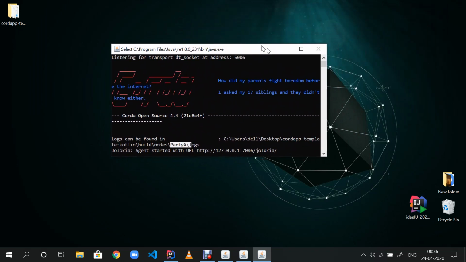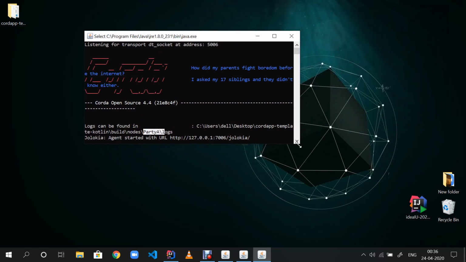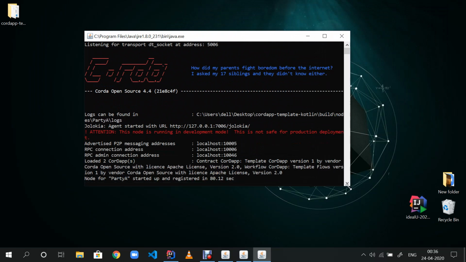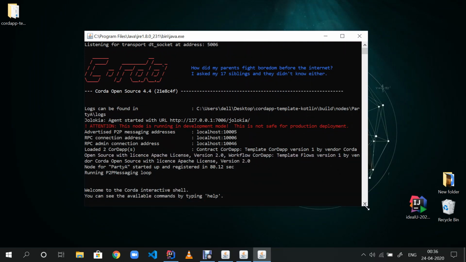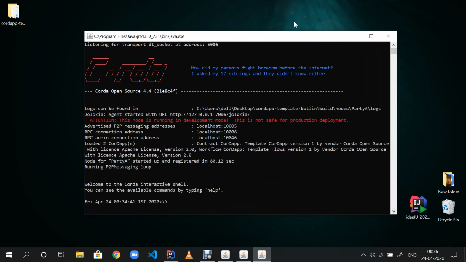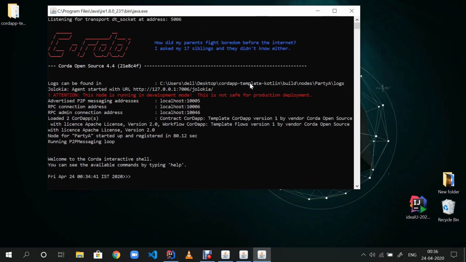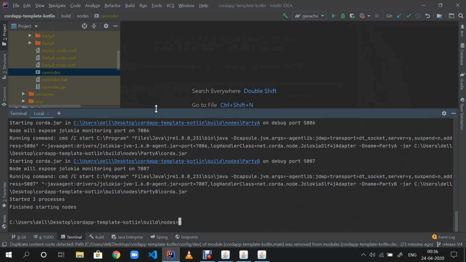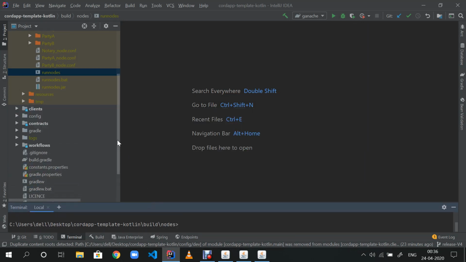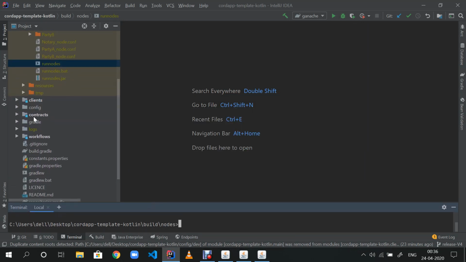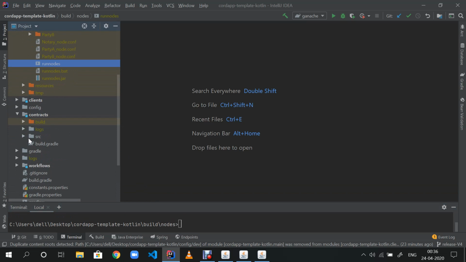So I've minimized the other nodes and just kept party A in the front. Okay, so now suppose you want to start a flow. We have a flow created in our workflows folder.